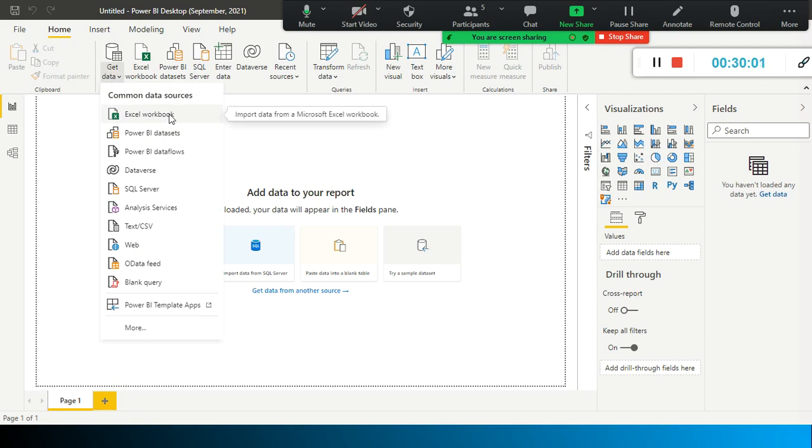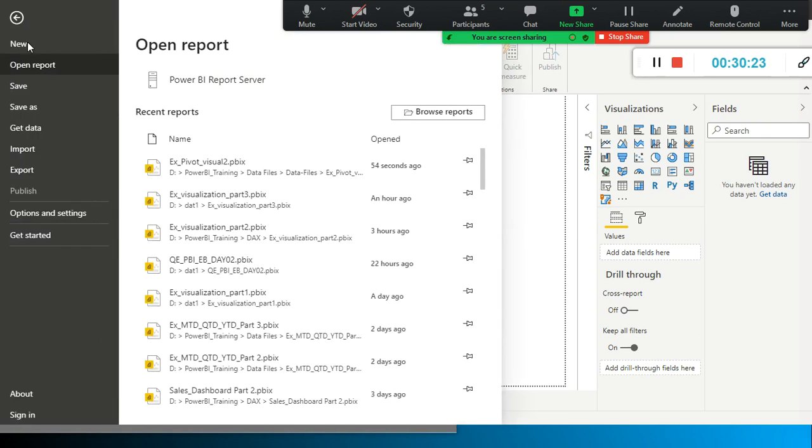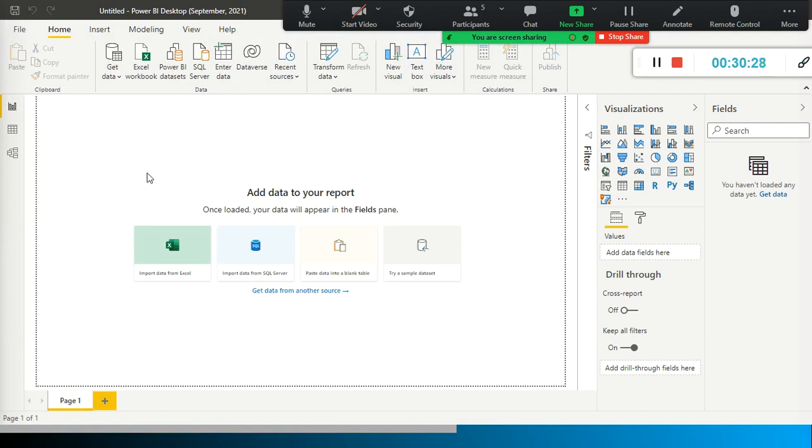We know how to use this option to import the data. The next one is Power BI data sets. What is this? Create a live connection to data sets in the Power BI service. What is Power BI service? We discussed it. Once you develop a report, you can publish it on the cloud.